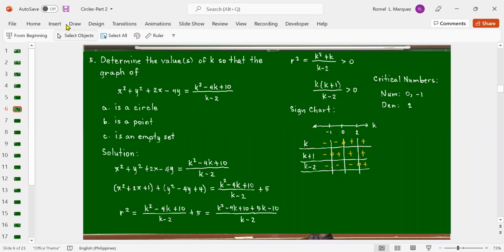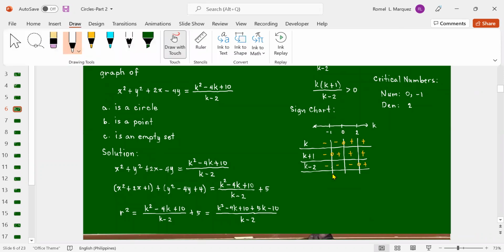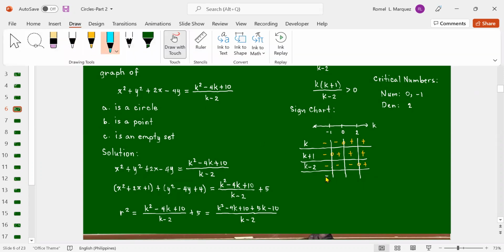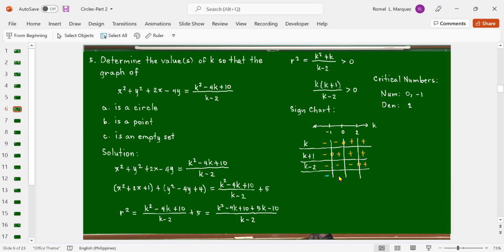Okay? Now let's take the signs. Negative, negative, negative. So that is negative. Negative, positive, negative. That is positive. We're getting the product, then the quotient of this product and k minus 2. Positive, positive, numerator over negative. That is negative. Positive, positive, positive. This is positive. We want it to be greater than 0. Therefore, we have this interval. Okay, guys? So hence,